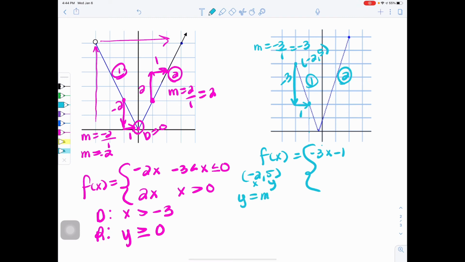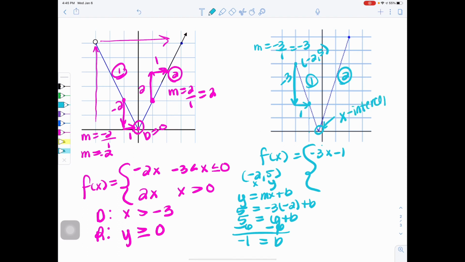So when y equals mx plus b, 5 in for y, -3 in for my slope, -2 from the coordinate in for x, and I'm solving for b. So 5 equals 6 plus b. I will subtract the 6 and see that b really is -1. I'm using that from this cutoff point, which for the first time is hard to tell. So I'm going to show you how we can find that exact location,